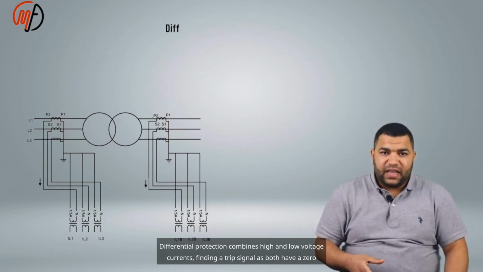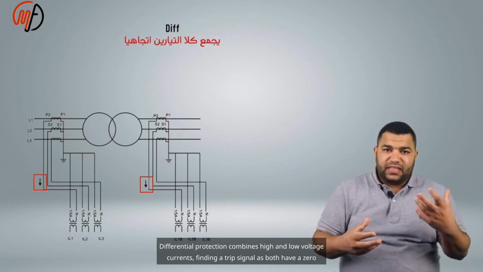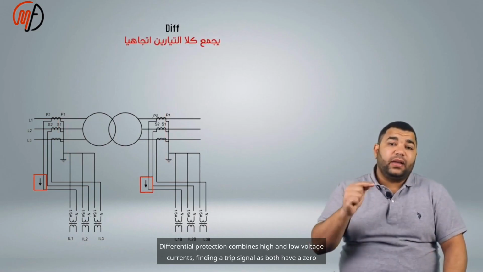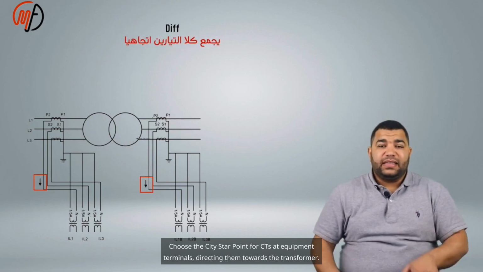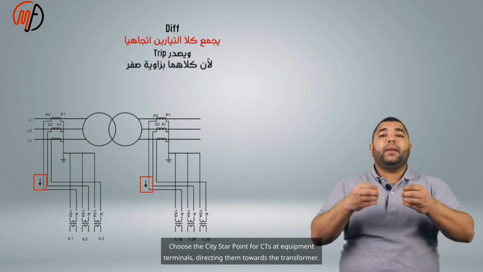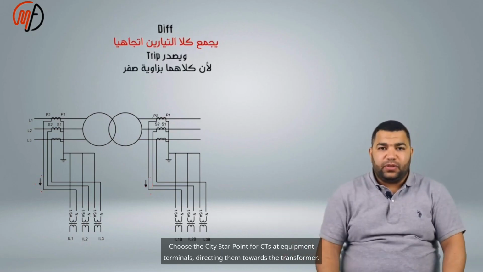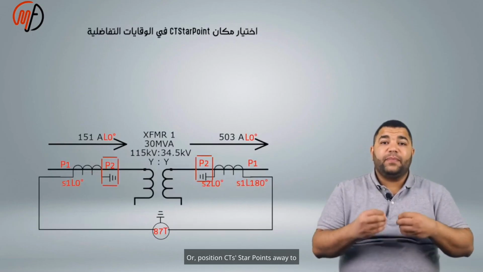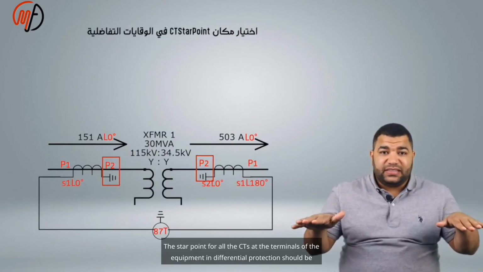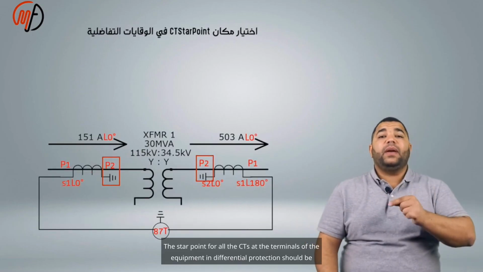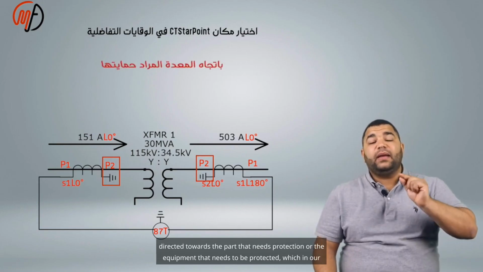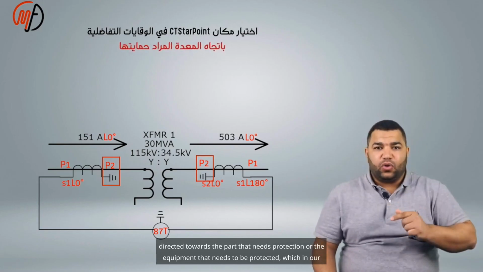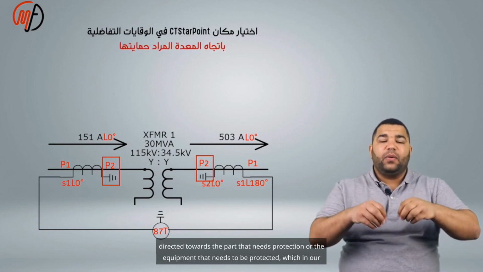Differential protection combines high and low voltage currents, finding a trip signal as both have a zero angle. Choose the CT star point for CTs at equipment terminals, directing them towards the transformer. The star point for all the CTs at the terminals of the equipment in differential protection should be directed towards the part that needs protection or the equipment that needs to be protected, which in our case is